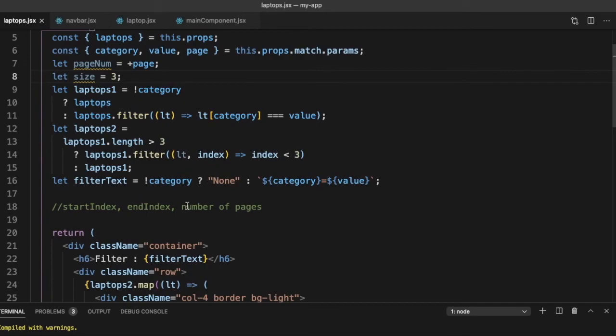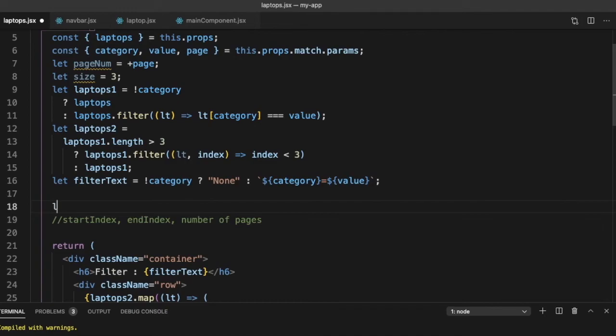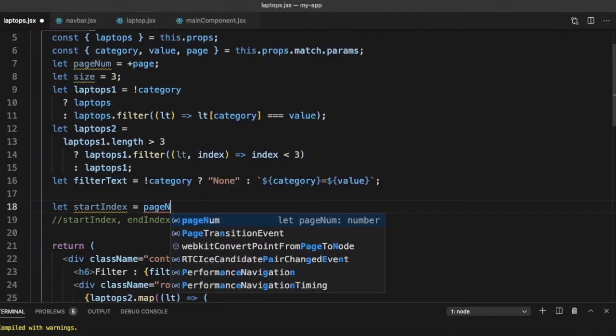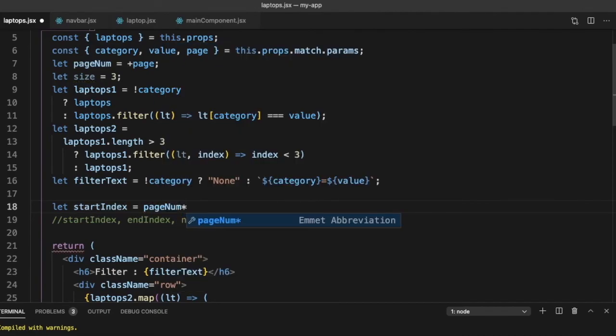Now once we have gotten our page size and our page number, let's find our start index. So let start index is equal to page number into size. So that is the start index from where we are showing.